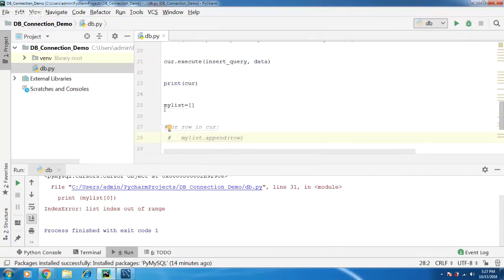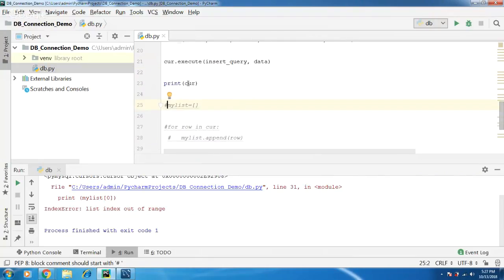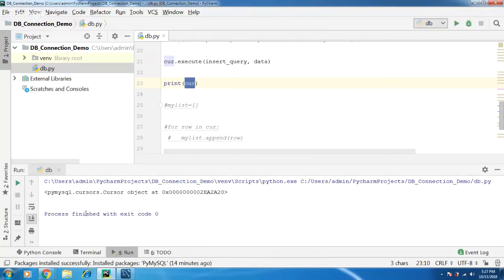Okay, comment my list as well. So basically, it doesn't return any. The cursor object will be null in case of insert because it does not have any record, or it does not hold any records. So now the process finished with exit code 0,